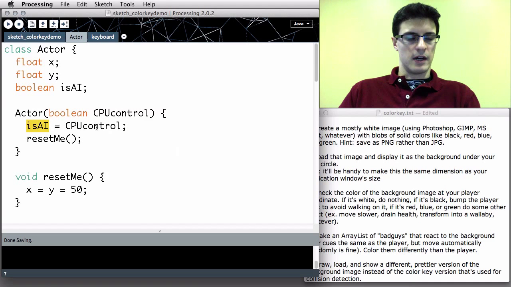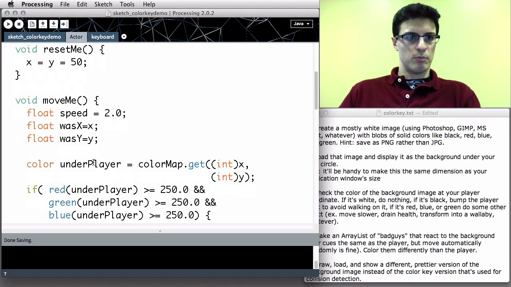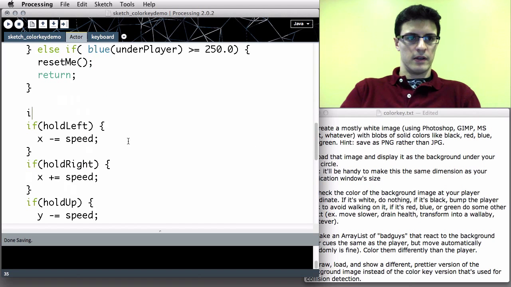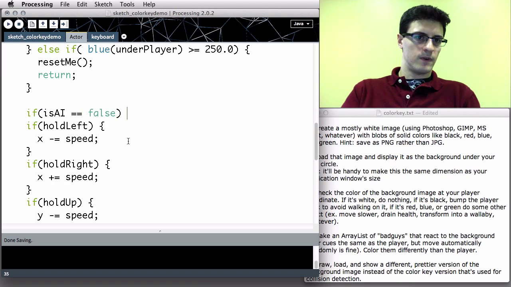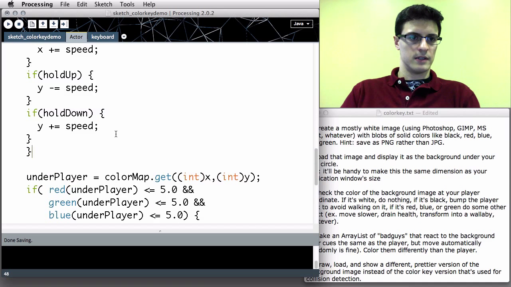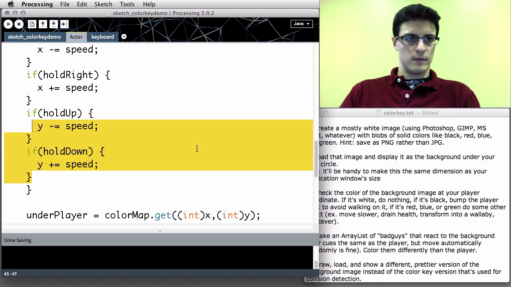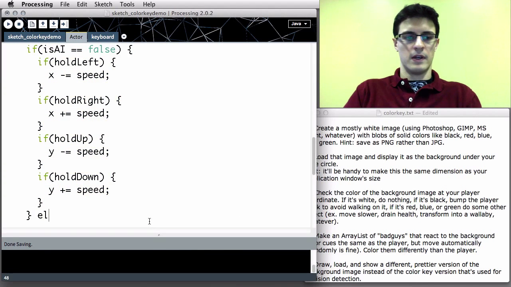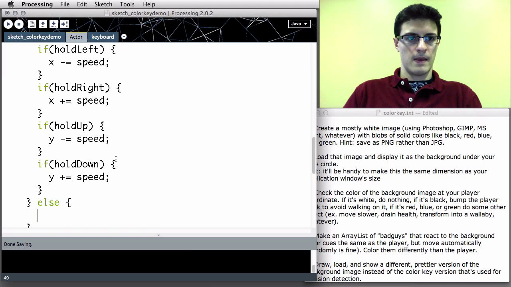And now for isAI, in our movement code, right? So here's where we handle the movement code for the player. If isAI equals false, I'm going to encapsulate within the scope of. So if the computer is not told to control this unit, then the keys will allow it to be moved. Else,